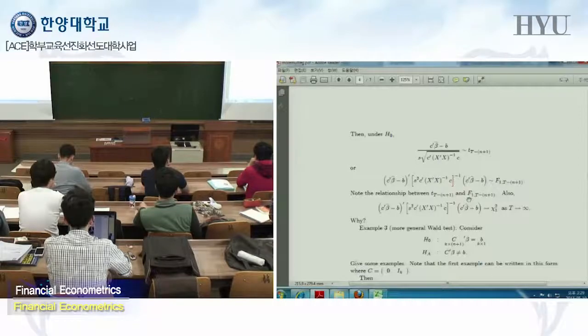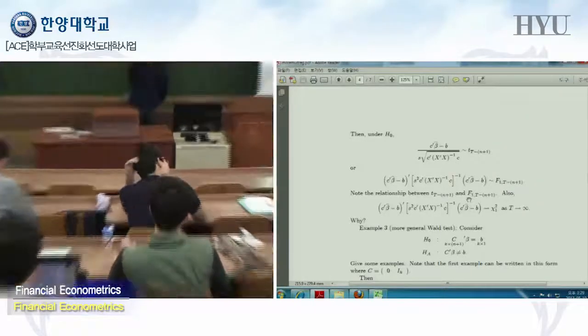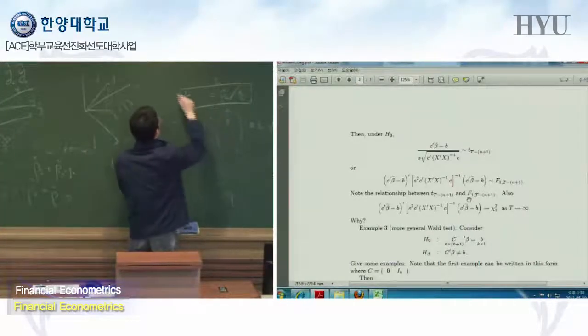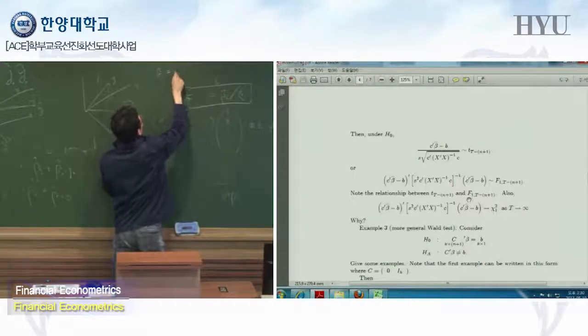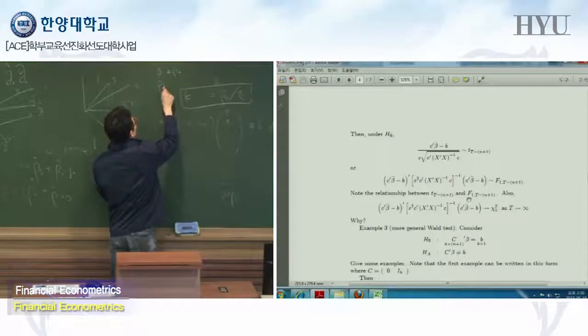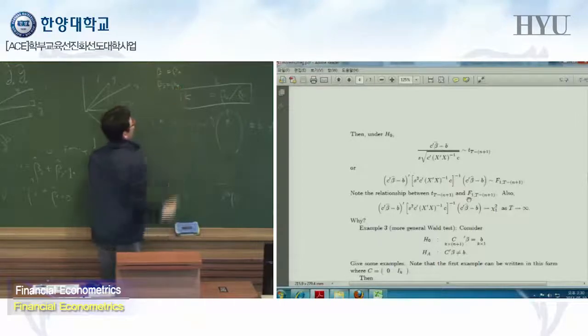Okay, and B is the relationship between the betas. So this is the null hypothesis, and of course the alternative hypothesis is that C prime beta should be different from B. It is almost similar to this example, but now we want to add more restrictions, right? So it is a restriction between, like this one. This is the first restriction, and we can impose another restriction like beta 4. Right? In this case,